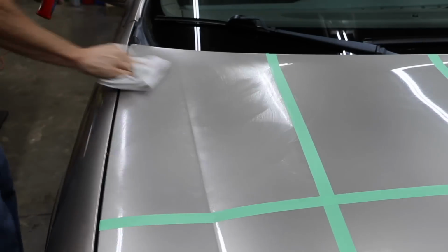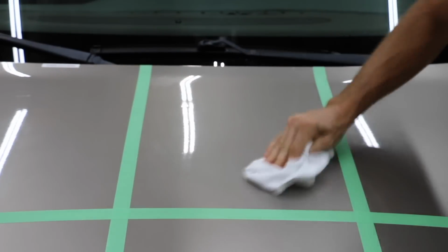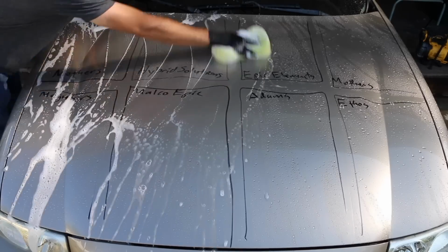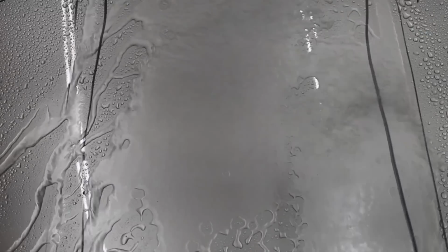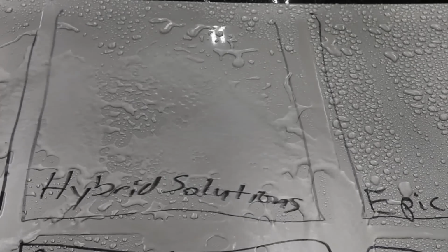I applied each of the products according to the manufacturer's instructions. I then allowed 2 days before testing the products just to make sure that all the products were fully cured. And the Hybrid Solutions did an amazing job with water beading up better than all the other brands. To challenge each of the coatings, I applied a powerful strip wash which is designed to remove car wax. Several of the coatings were really hurt by the strip wash and the water just didn't bead up very well. On the other hand, the Hybrid Solutions seemed unfazed and the water continued to bead up